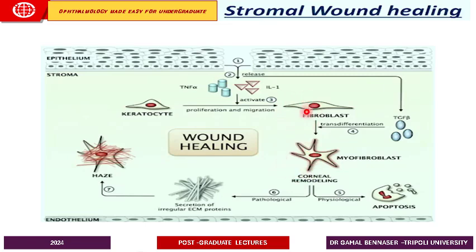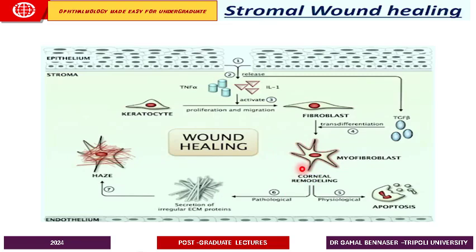And also there will be a release of certain growth factors and other mediators of the inflammation that lead to changes in the ground substance and production of abnormal proteins that will eventually lead to the haze. The haze that you see in the stroma is related to the abnormal extracellular matrix and abnormal proteins that are secreted upon inflammation. Also, the myofibroblasts are responsible for the remodeling of the